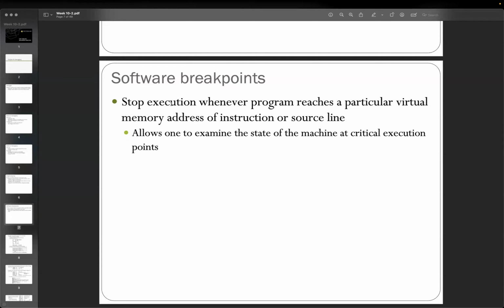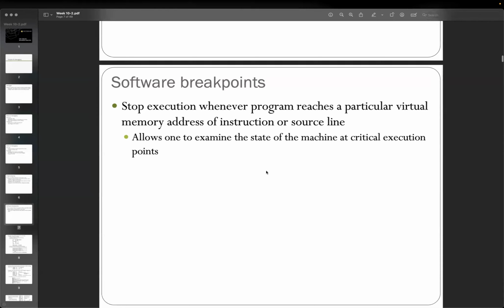It can help us go to a certain breakpoint, then execute and look at it again. That's why it can help: we can examine the state of the machine at some critical execution point, because we can reach the particular virtual memory address of that instruction. Of course, we can set multiple